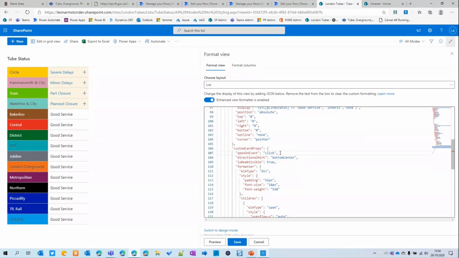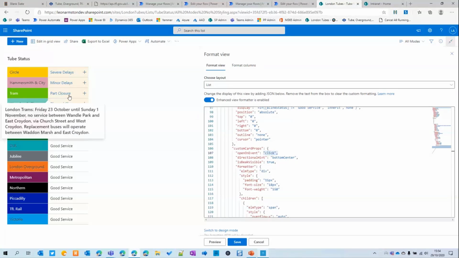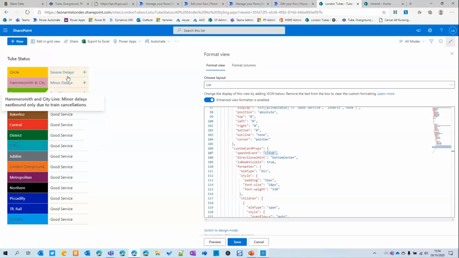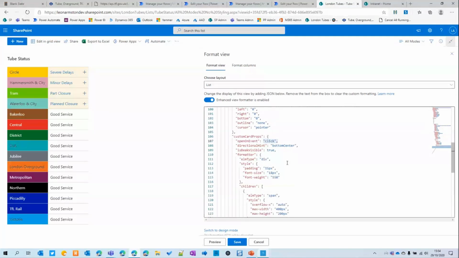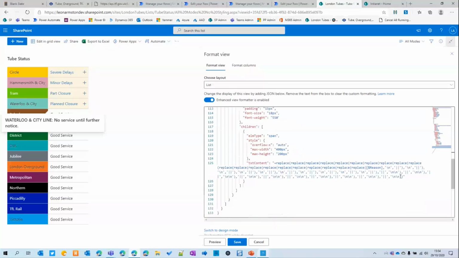It has an open on events click, so it opens when we click on the div, and then it has a directional hint of bottom center, so we can see that the pop-out is on the bottom. And then there is some text transformation, so it adds spaces if there's multiple reasons,